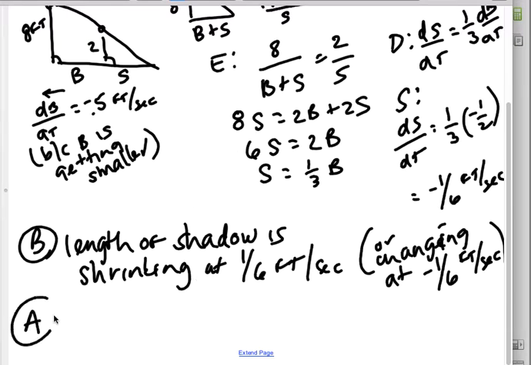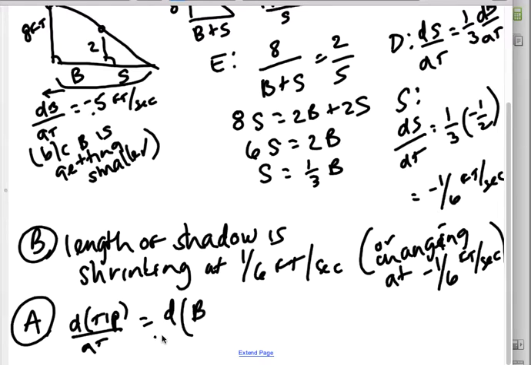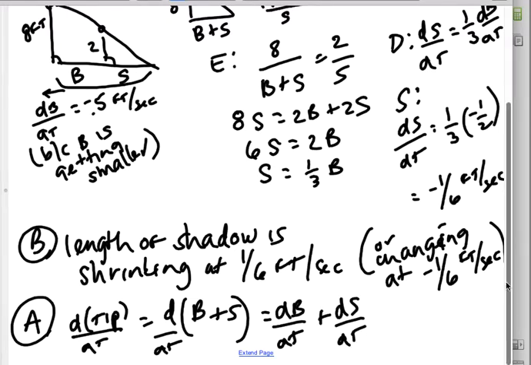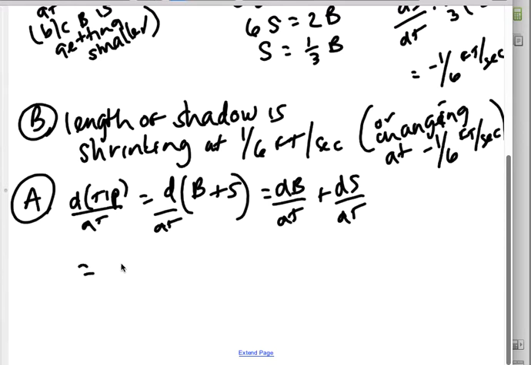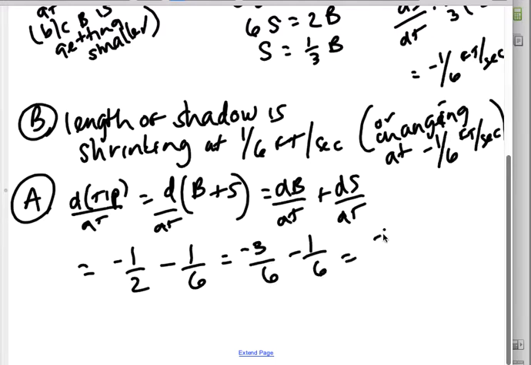When I go to do A, what we've seen before is that the tip of the shadow is this entire length, right? So the rate of change of the tip of the shadow should be the rate of change of b plus s, meaning it's db dt, which we had was a negative 0.5, plus ds dt, which we had was a negative 1/6. So that should be negative 1/2 minus 1/6, which is negative 3/6 minus 1/6, or negative 4/6, negative 2/3 feet